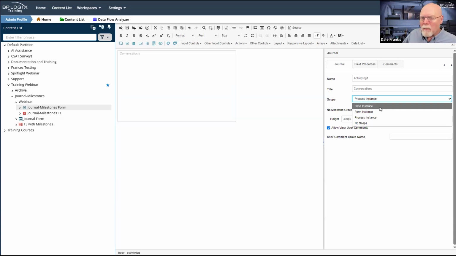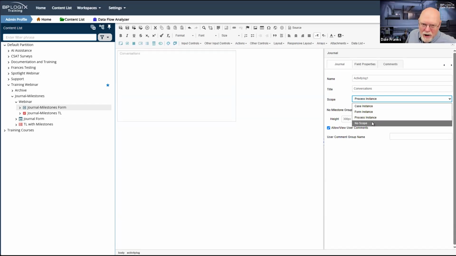So on that form, or on some form somewhere, I am probably going to want to have a journal control that shows me everything that has happened in the case. So every milestone that has occurred in that case, I'm probably going to want to have some sort of journal control that is sitting up there showing me all of the different milestones that have been fired and all of the forms and all of the process timelines that are part of that specific case instance. And so in that case, I would just set it to case instance. And that would limit the scope to just stuff that are in whatever my current case instance is.